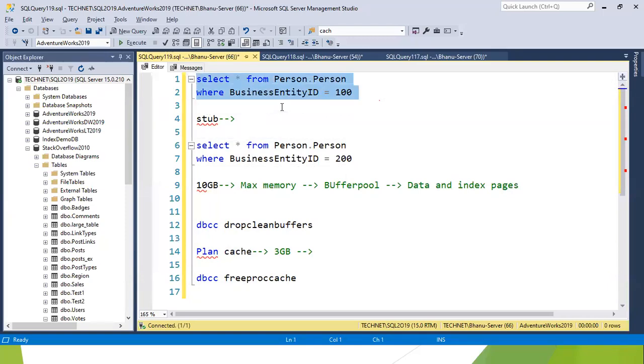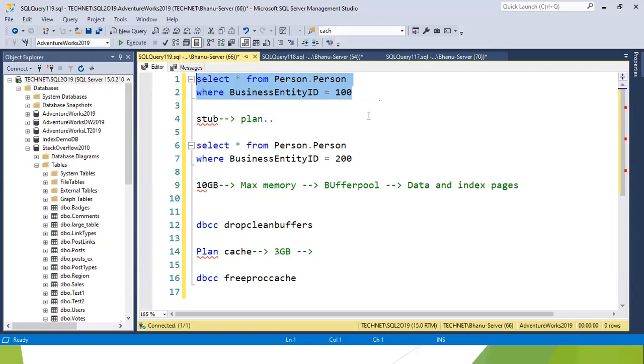Then if the same or a similar query executes next time, this stub will be converted into a plan. So first it will store the stub of this plan in memory, and if a similar query executes, it identifies that yes, this query is reusing,